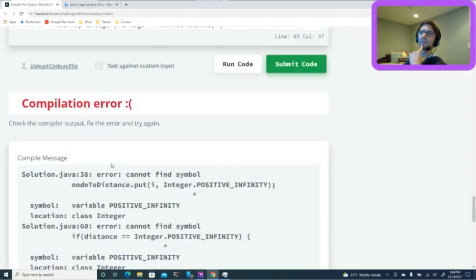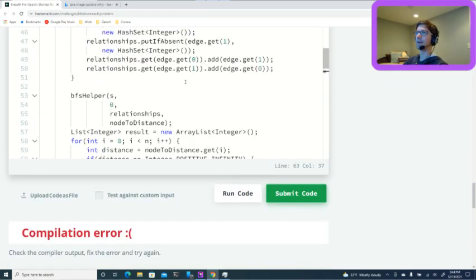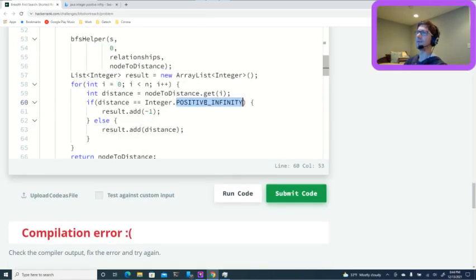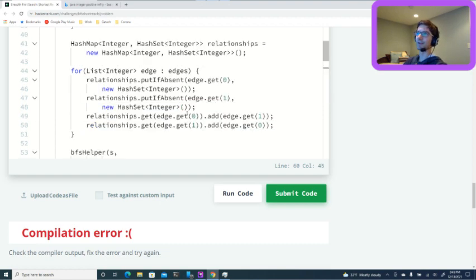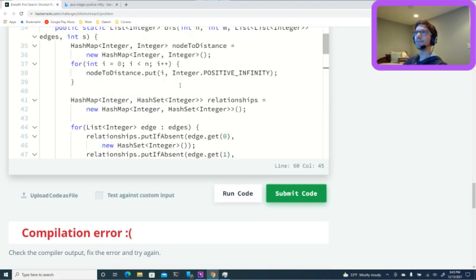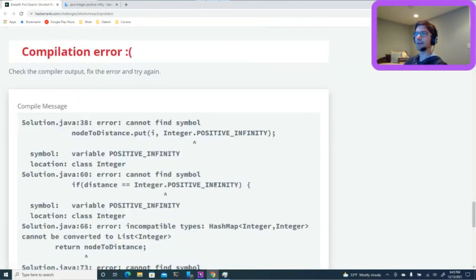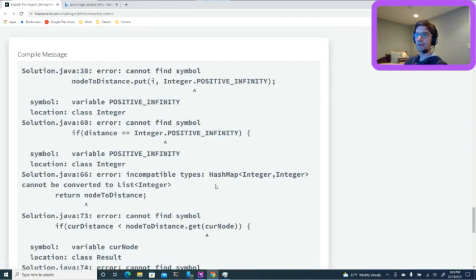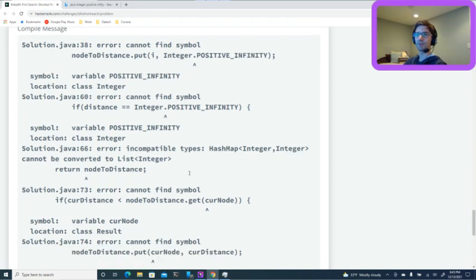Integer.MAX_VALUE. Okay, it's not positive infinity. That might be a double something, but max value should get us essentially the result. It is good to keep in mind that technically, if you had a really large graph, you might find